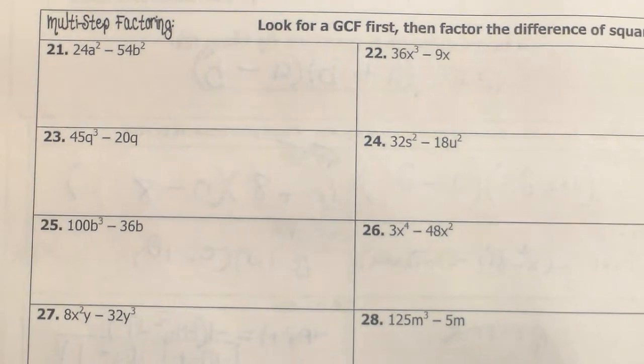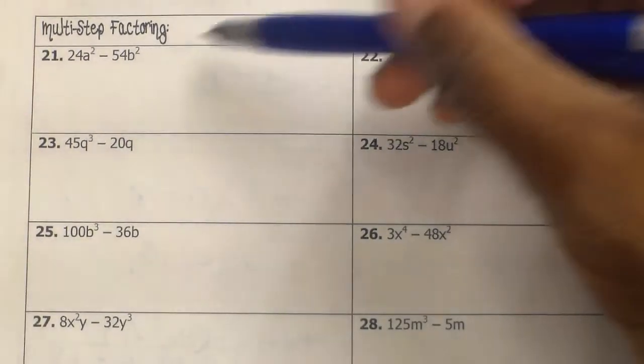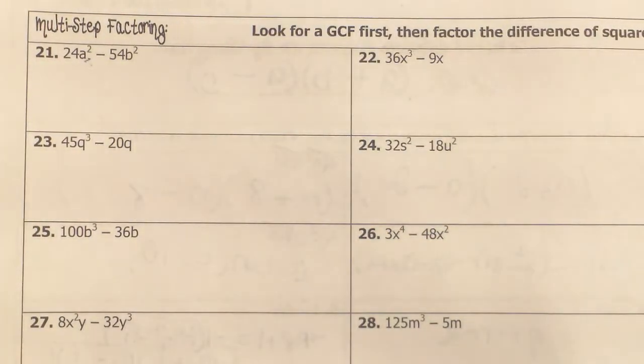Okay. So here we see it's a difference of squares because it has a minus sign, but then you might look at it and be like, there's no square root of 24 and there's no square root of 54. So then you have to think to yourself, okay, it might have a GCF, because remember, if all else fails, look for a GCF. So if we look for our GCF, we see both of them are divisible by what? 2. So if we take out a 2,